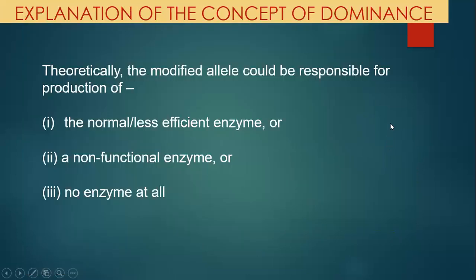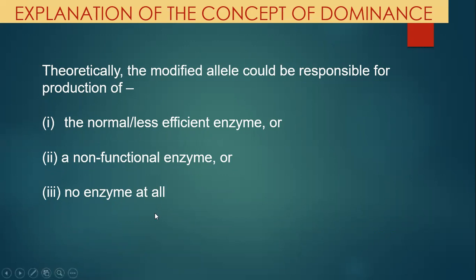With the help of an example, we will take two alleles, where one allele would be normal and another allele is a modified allele. Alleles are just different forms of the gene for a single trait. So what is the concept of dominance? Why do we say that when alleles are present in a heterozygous condition, one of the alleles is expressed, the one which is dominant?